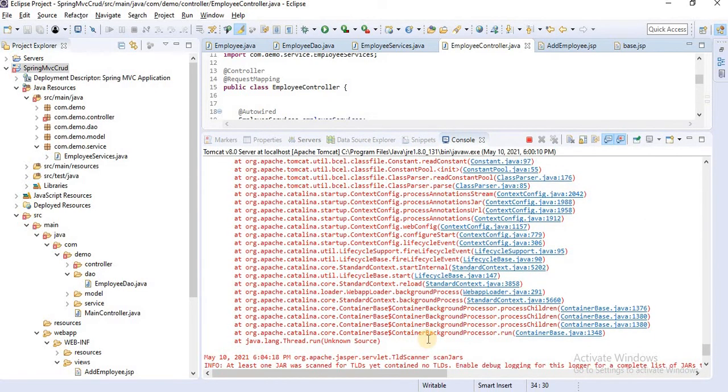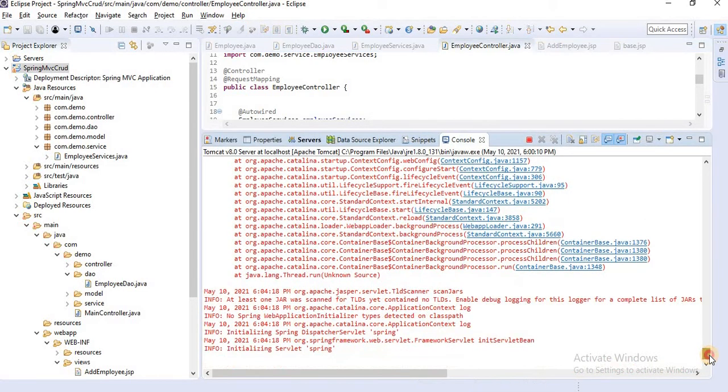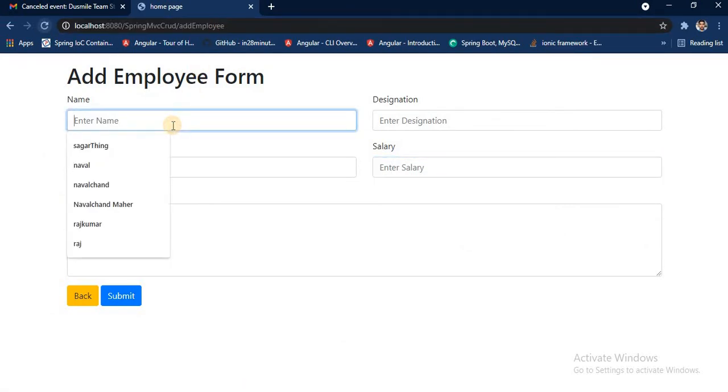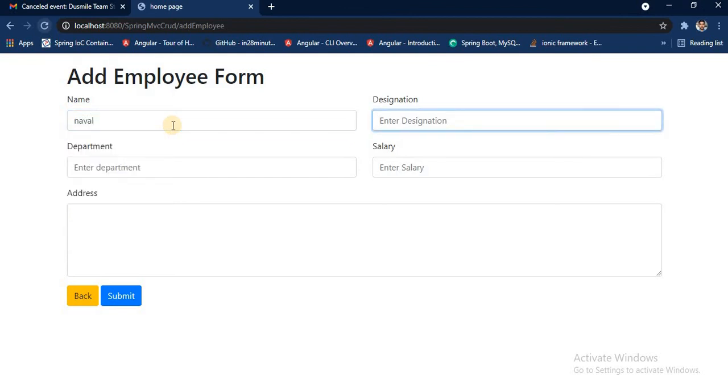It's taking some time. Initialize bean, initialize the servlet. Okay, let's try. Refresh the page. I'll add something, my name Naval, then designation Java developer.